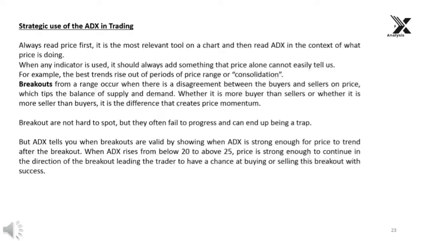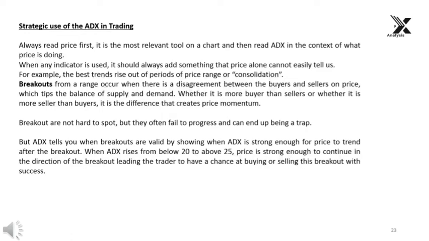For example, the best trends rise out of periods of price range or consolidation. Breakouts from a range occur when there is a disagreement between the buyers and sellers on price, which tips the balance of supply and demand. Whether it is more buyers than sellers, or more sellers than buyers, it is the difference that